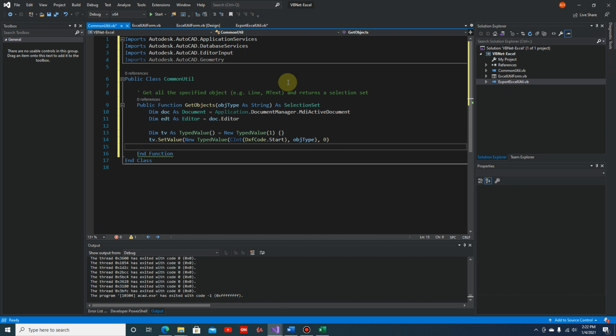The next one is tv.SetValue, new TypeValue